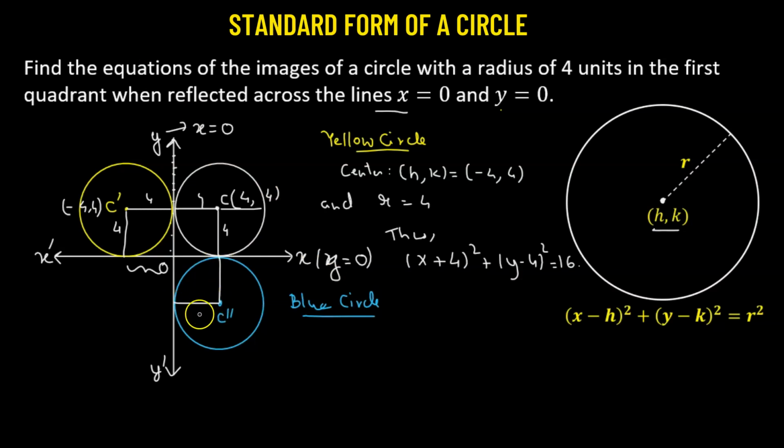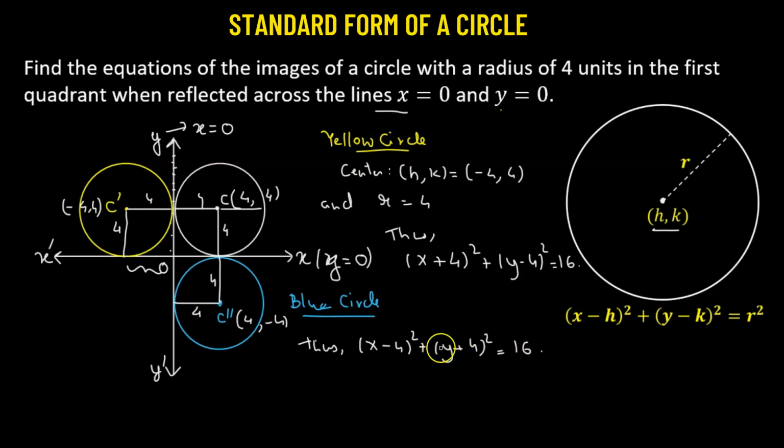Similarly, coming to the blue circle, we'll drop a perpendicular from C double prime on the x-axis as well as the y-axis. This is nothing but the radius of the circle, and from here we can find the coordinate of the center, so that's going to be positive 4, negative 4. Positive 4 means we are on the positive x-axis, negative 4 means we are on the negative y-axis. Since the radius is fixed at 4 units, the equation of the blue circle will be x minus 4 whole squared plus y plus 4 whole squared equals the square of the radius,